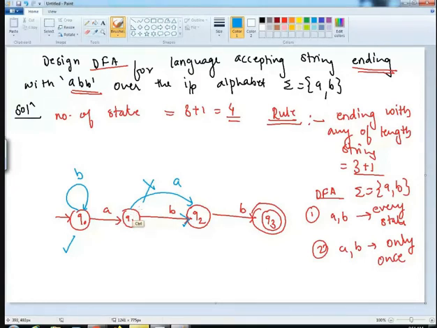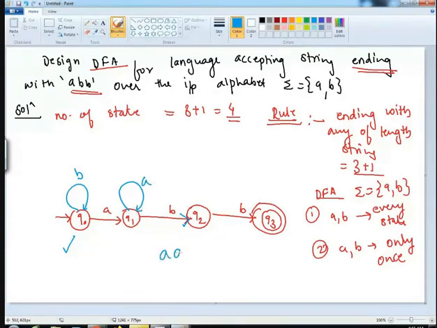Similarly, when I give A to my Q3, this will also be incorrect, because if I give an input A, the machine will move from Q0 to Q1, Q1 to Q3. तो मैं ये arrow यहाँ पर नहीं लगा सकती. So मैं कहाँ पर लगाऊंगी? That's this question. So let's see, can I give a self loop of A? With this, what will happen?